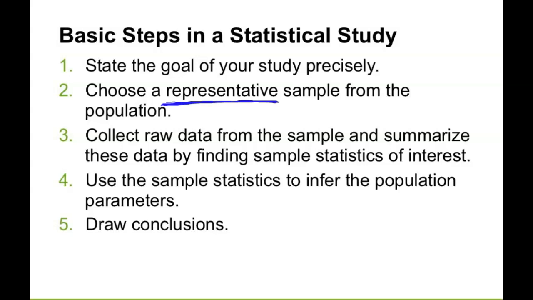And then you use that statistic to infer, and infer just means draw conclusions about your parameter. So you're just going to use that as your best guess, your estimate of what the overall population parameter is. So in my case, I go out, I can survey a bunch of people about who they're going to vote for. I calculate, 51% of my sample said they're voting for candidate A, so my best guess is that 51% of the population will vote for candidate A.